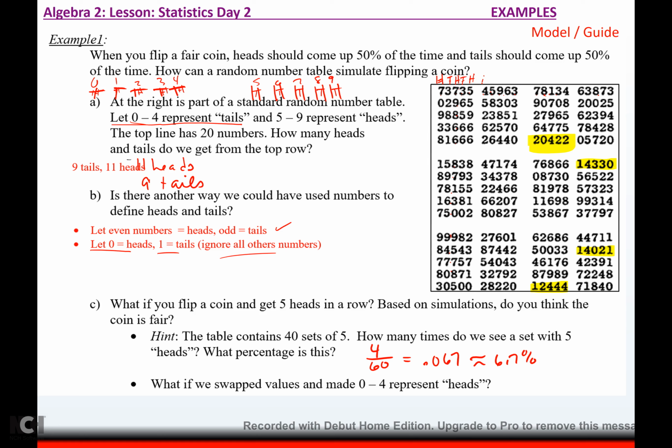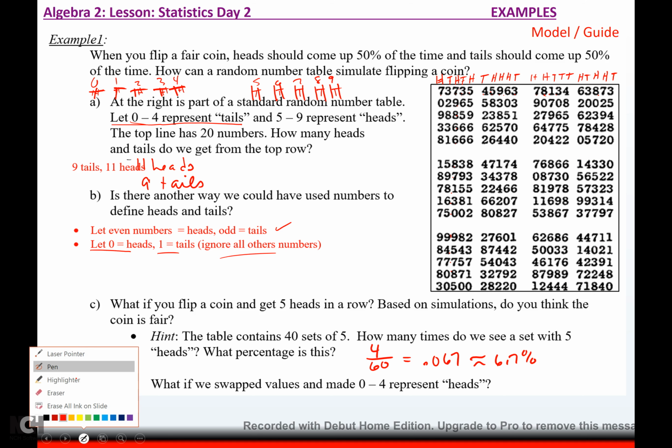Small numbers are tails, heads, heads, heads, tail, heads, heads, tail, tail, tail, heads, tail, heads, heads, tail. There we go. Alright, and so I actually found the wrong ones. Those ones would have been, not even pencil. Those would be all